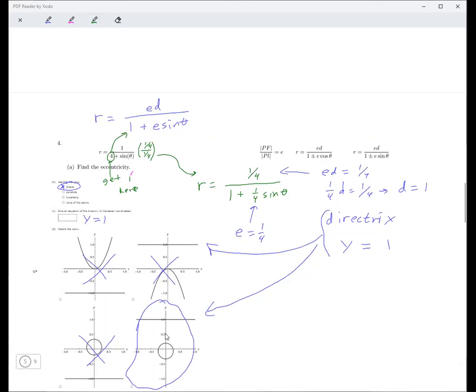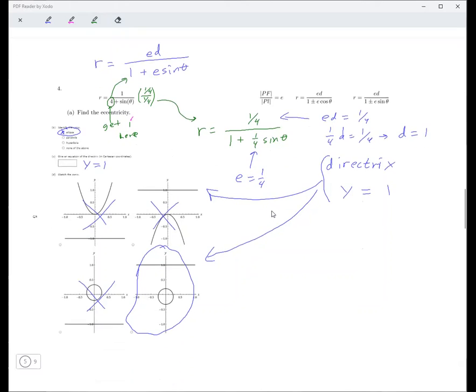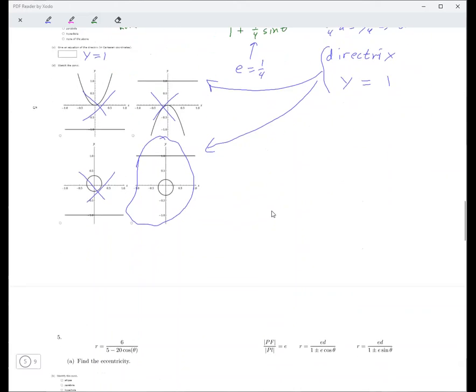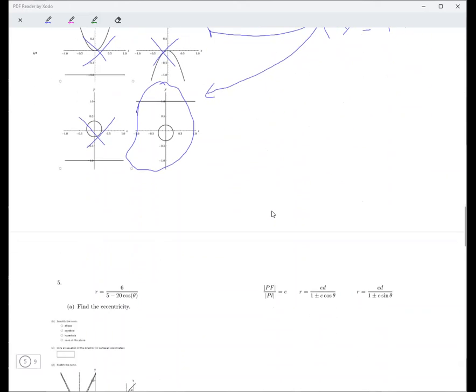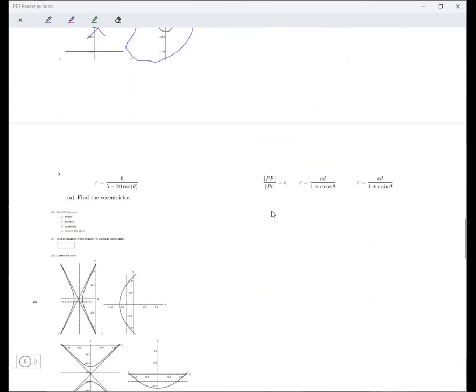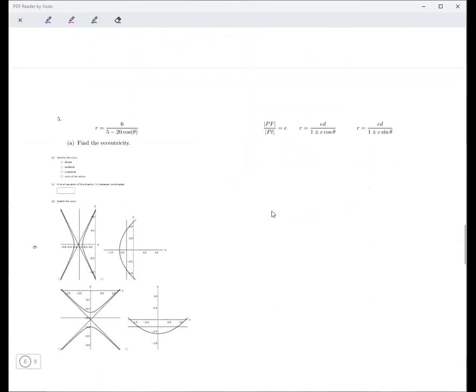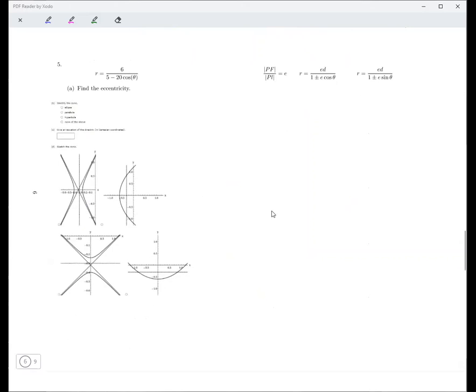Now this looks very much like a circle. That's because 1/4 is really small. Okay, so let's move on. That's all the aspects there. Number 5. So this one, number 5,